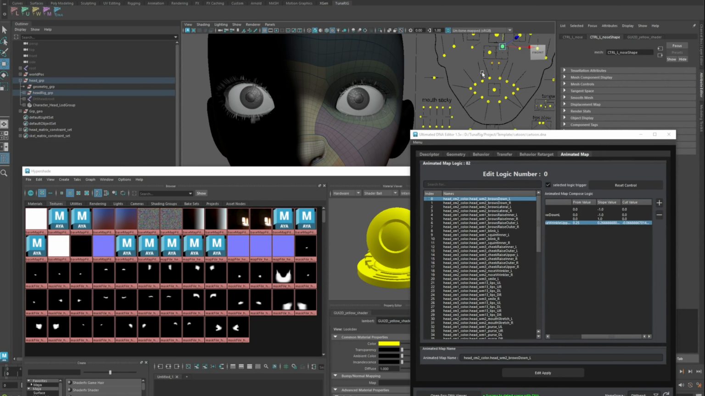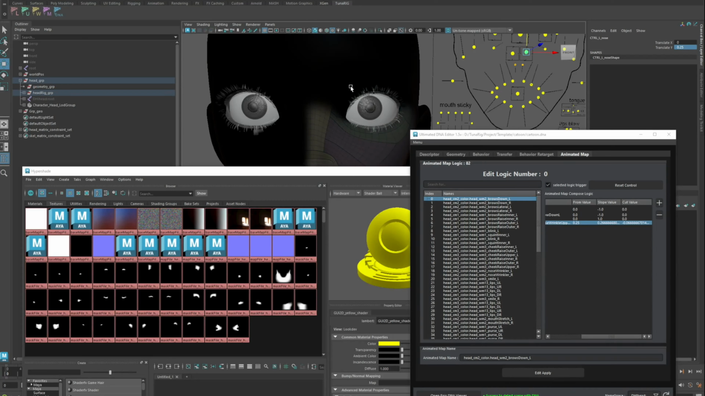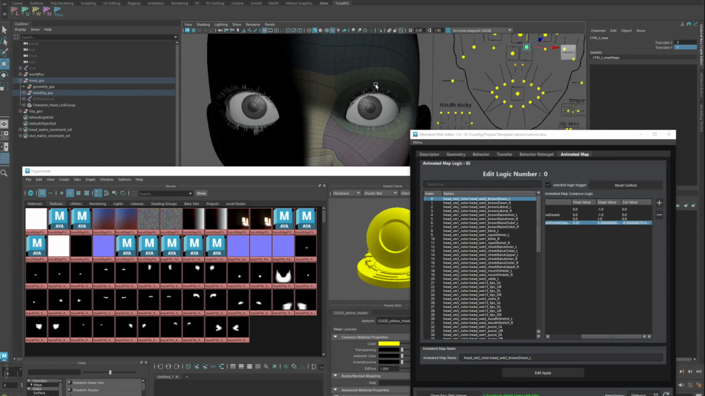Let me show you an example. If I set the controller to 0.25, the 0th animated map logic does not activate at all. If I increase the value beyond 0.25, you'll notice it starts activating slightly. The reason it moves very subtly is because the slope value is only 0.266. There's also something called cut value. The cut value forcibly limits the slope value. Here, the cut value is negative,